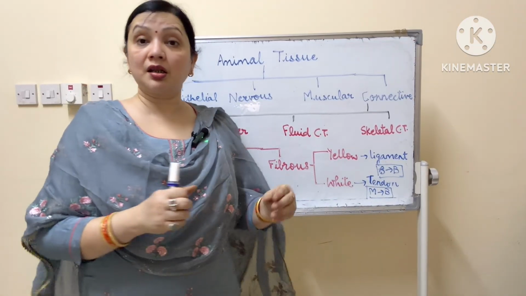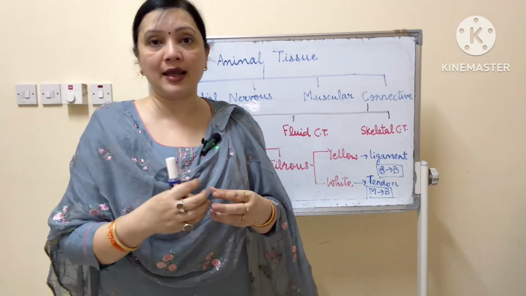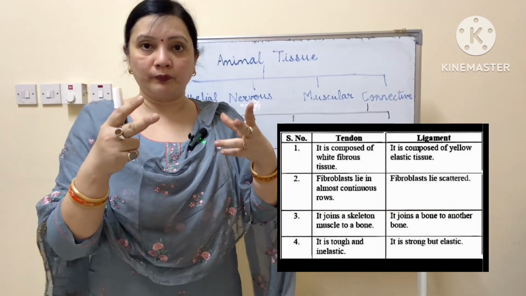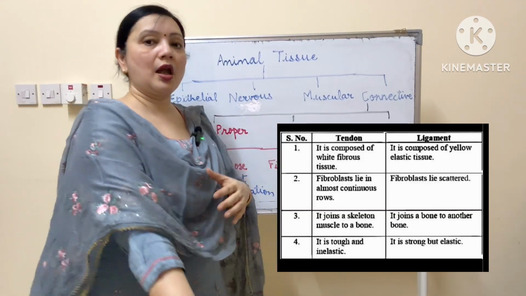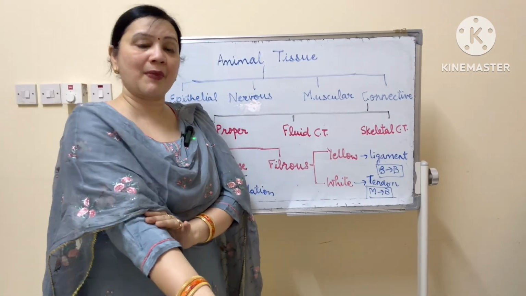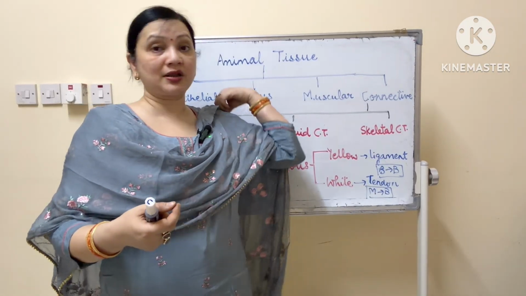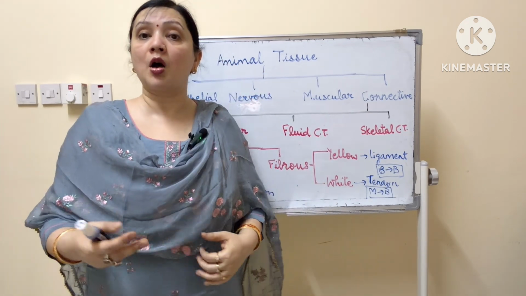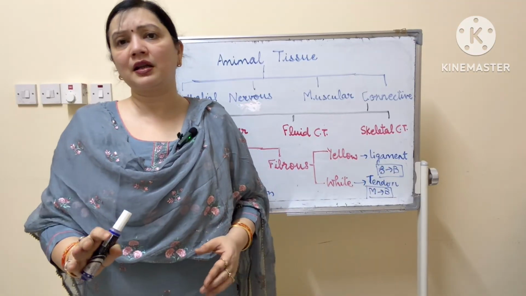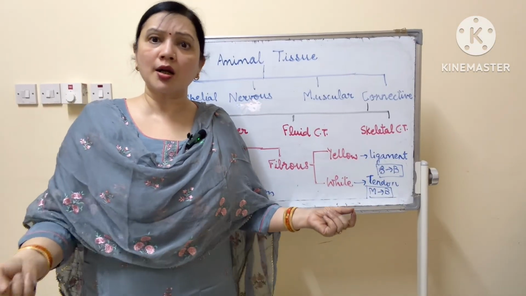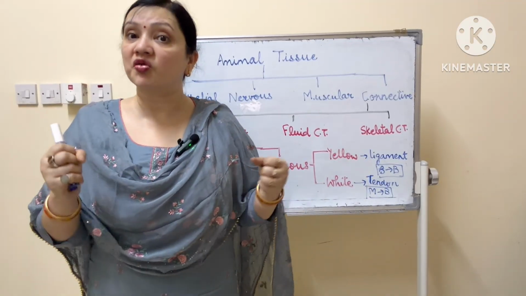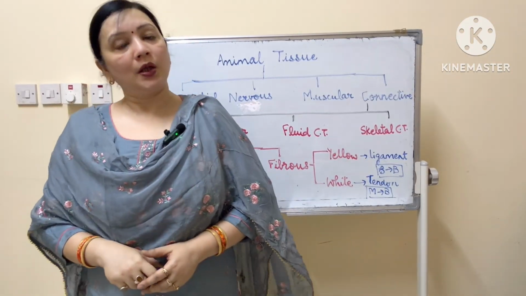Now, tendons need to have some reconciled strength. Reconciled strength, you understand? You pull a rubber band and you let it go. It comes back to its shape. I move my hand. Does it get elongated or does it get shorter? No, it comes back to its original place. Why? Because tendons have a high amount of reconciled strength. Ligaments have lesser reconciled strength. The bones do not actually move. What moves is the muscles. Ligaments are more strong as compared to tendons.